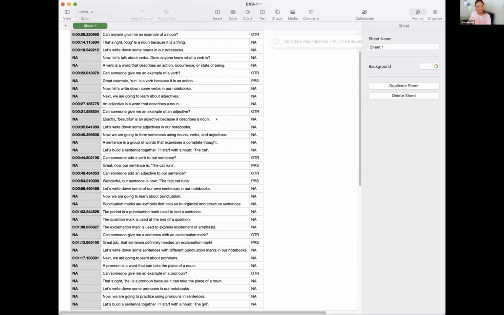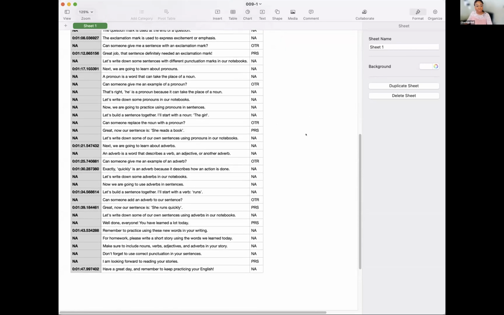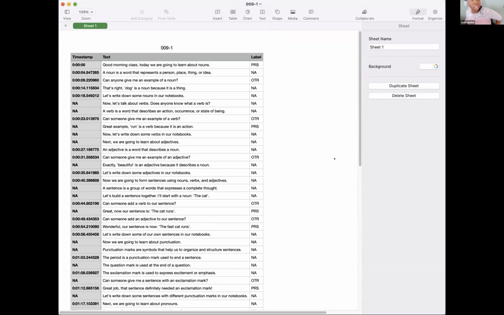And here we can see what we want. So this is actually, I think this one might be an English one. I generated a bunch of these data sets. And